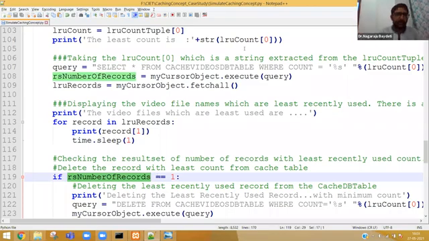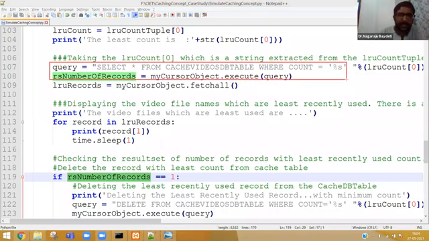Let me highlight that. I am selecting all the data where the least count is matching. So that result set, if it is equal to 1, if it is equal to 1 means what? There is only one record which has minimum count.